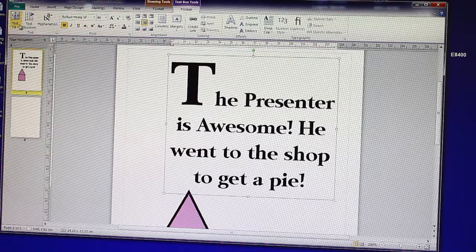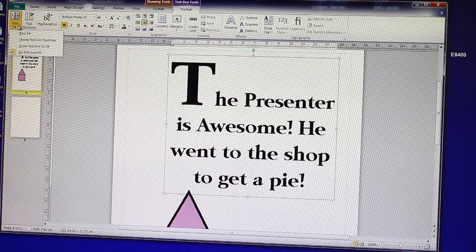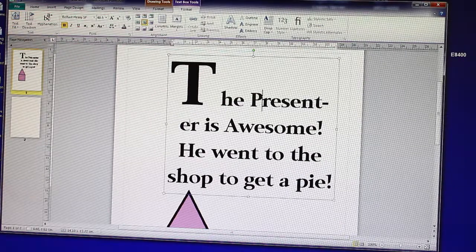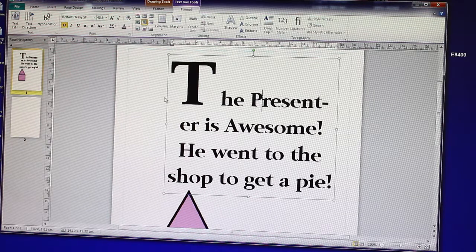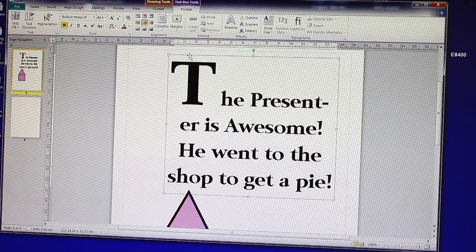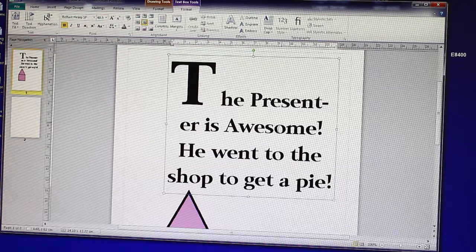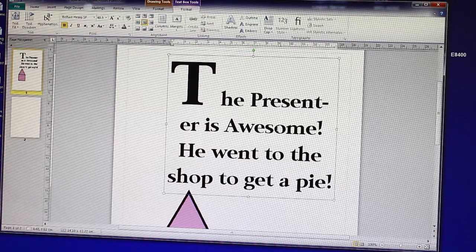You've got some things over here, text to fit. That's going to make your text fit best to your shape, your box. So just have a play with this, guys. There's a lot of stuff you can do with your text. If I was to tell you everything you can do,